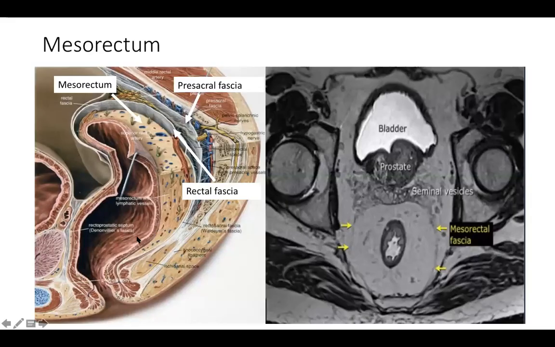If we look at the sectioning part of it, the rectum will be surrounded by fat, which will be the mesorectal fat. There will be a visceral fascia. So this is the mesorectal fascia. Beyond that would be a parietal fascia, which is the presacral fascia. Now this is visible when we are doing the surgery. On MR, it is visible. On CT, it is difficult to visualize, but with a good resolution CT, you might be able to see the mesorectal fascia. Here we can very well see the mesorectal fascia, which is well defined by these yellow markers.